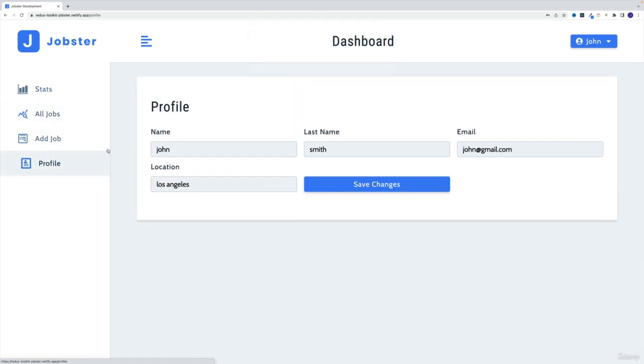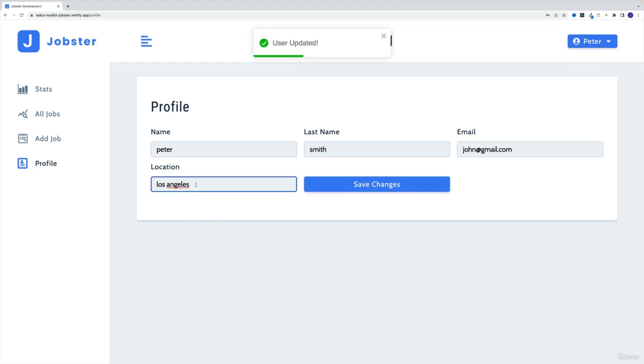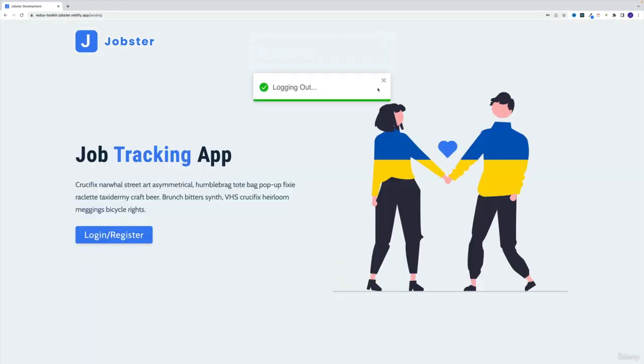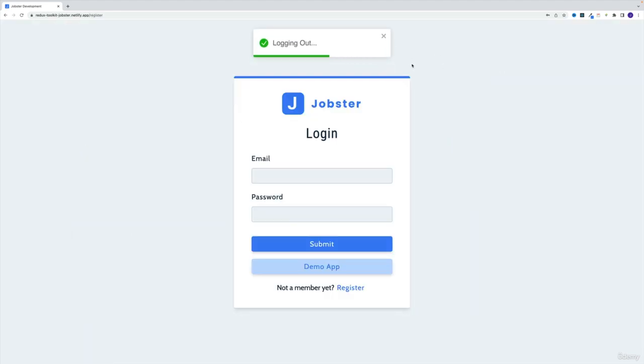And like I said, there's also going to be a profile page where we can change the values about the user. Let's say instead of John, I'm going to be Peter. Notice now I'm Peter. And also I can change the location because this location is used when we're adding job. So if I go back to the my city, save changes, add job, now the value is my city. And like I said, we also have this option of demo user. So this is also something that we're going to learn. And notice how we're logging out. So that's also a